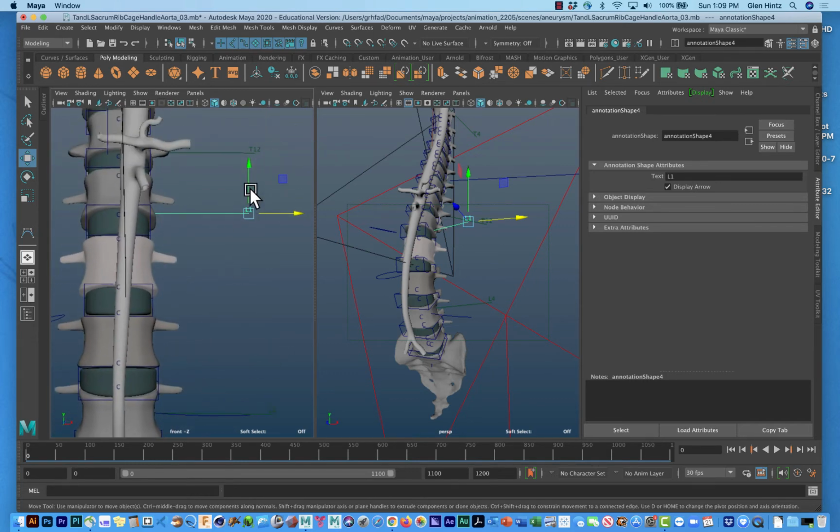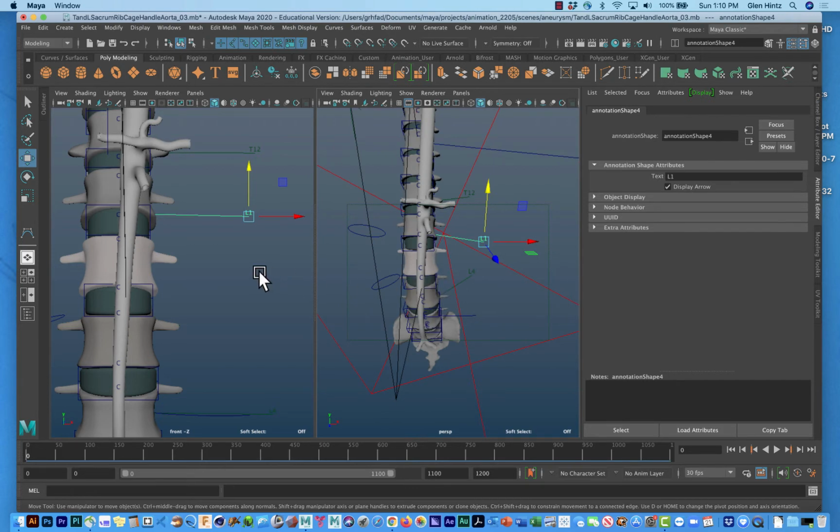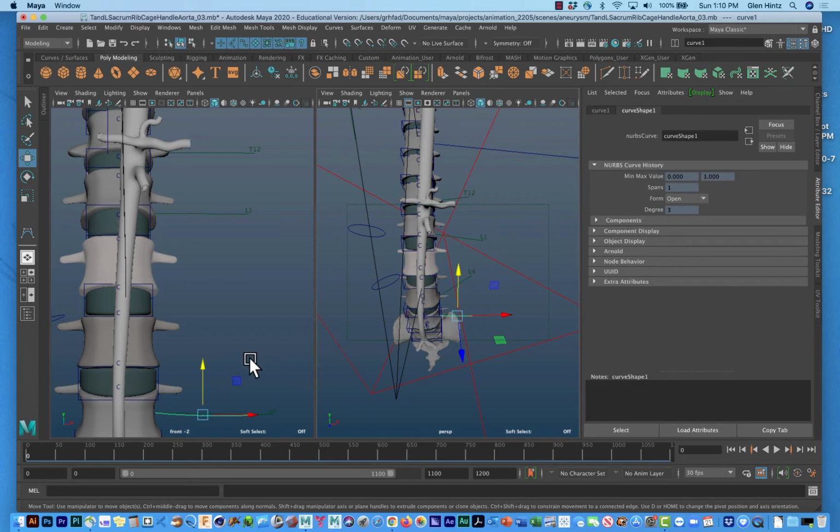Now what I haven't figured out yet, I will look into it, is how do I change the color of these so they're easier to read. I'm sure it's in the color settings somewhere. I just haven't gone through the trouble of looking it up yet. But let's go back now if we can. There's my curve. So I want my curve to be up at around